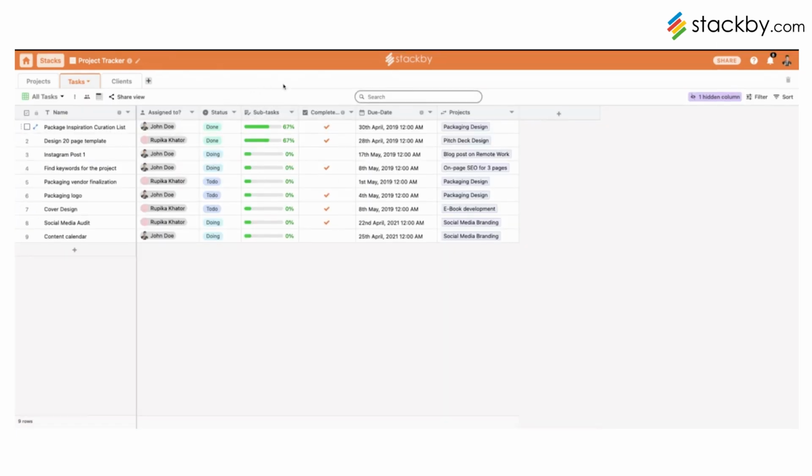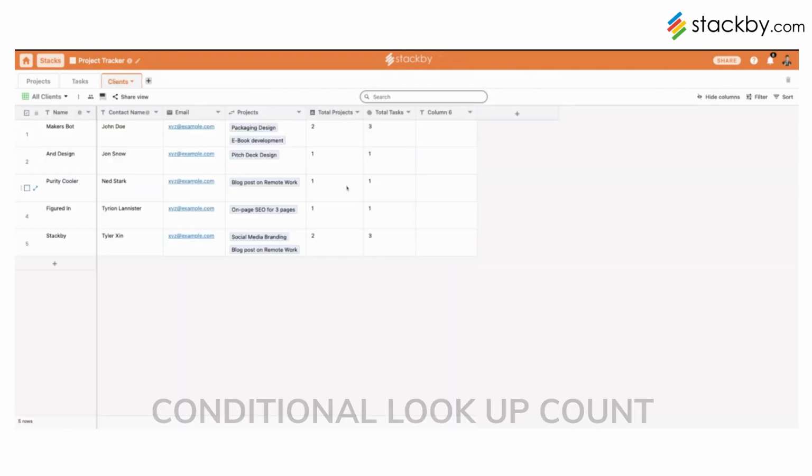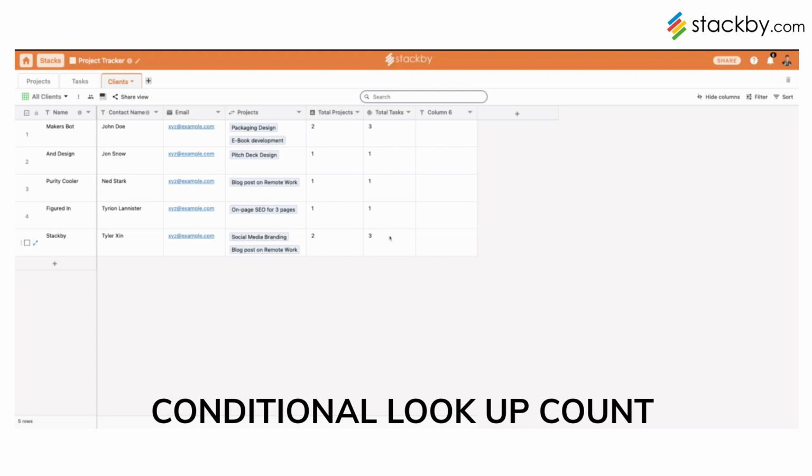Now, what we're going to do is we'll go to the clients table, and within the clients table, I want to see the total tasks, which is already configured, but I also want to see the tasks that are due this particular week. So I'm going to add a conditional lookup count here.